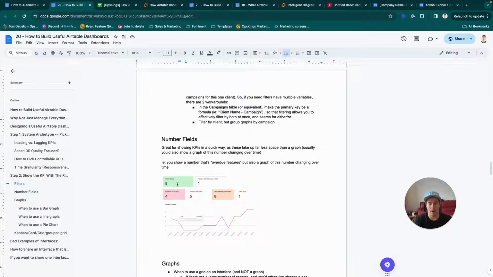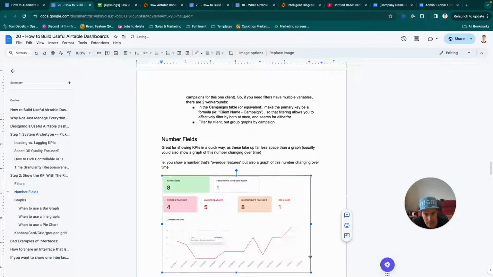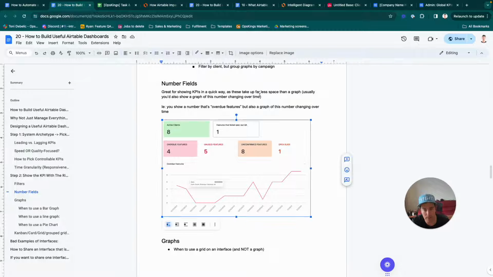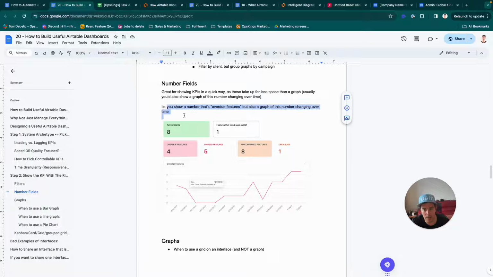All right. So number fields. Number fields are exactly like you see here. This is nice because it's a big, bold, obvious number. It takes up less space than a big graph like this. Right. And so you can show, like, the number of overdue features, the number of clients signed in the last week. What I like a number field for is the number of things that are currently actionable. So the number of overdue things, the number of clients who owe you money,